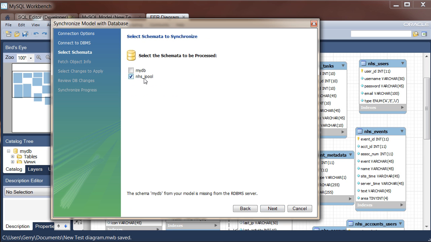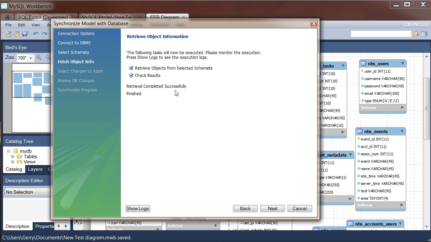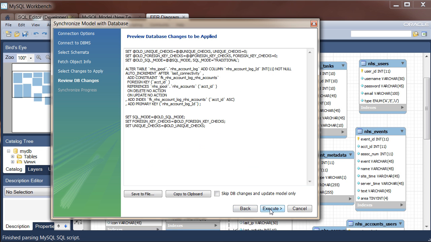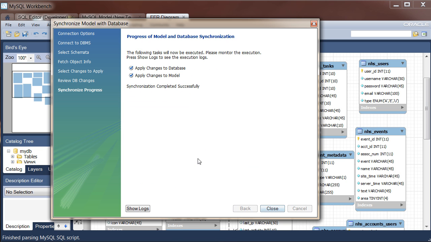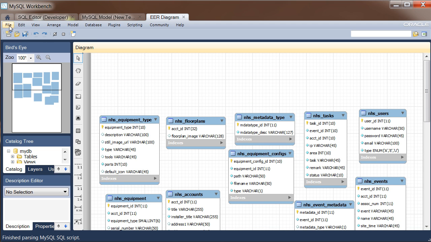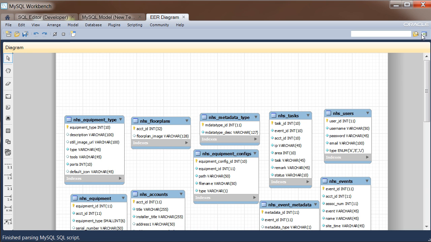We'll continue with that, choose the schema, and just follow through with this. We're going to execute the changes. I'm going to close. So now we're going to go back to the database view,